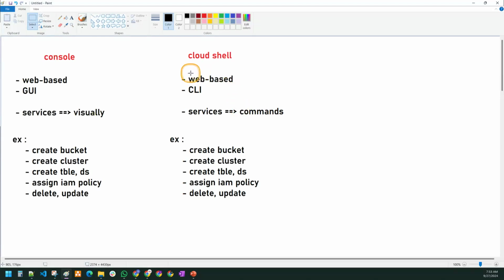Where is it available, guys? It is available over the browser only. So that's the reason I mentioned it as a web-based graphical user interface. And the third one that we are going to see is,